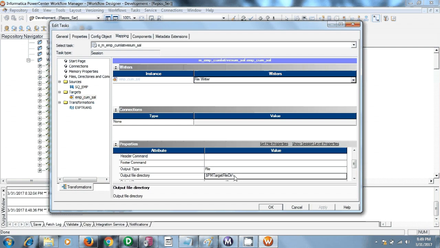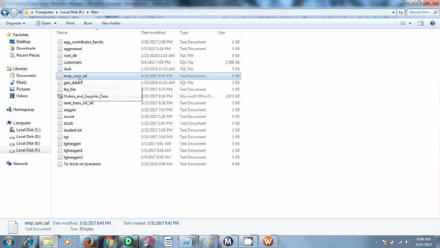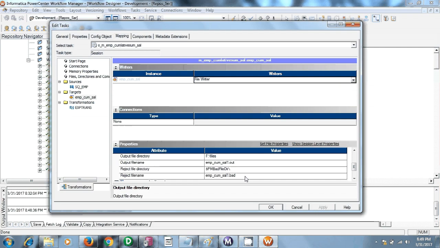My target file name is emp_cumulative_sum_salary.txt, because it is a text file. Apply. Save your workflow. Here you can see the workflow is valid.